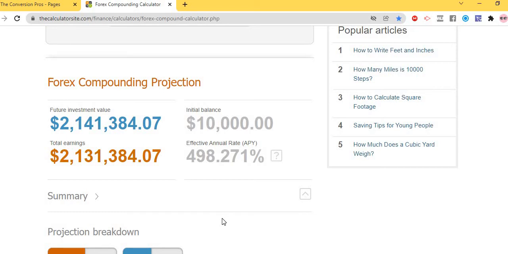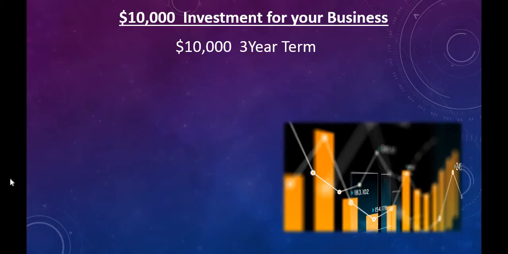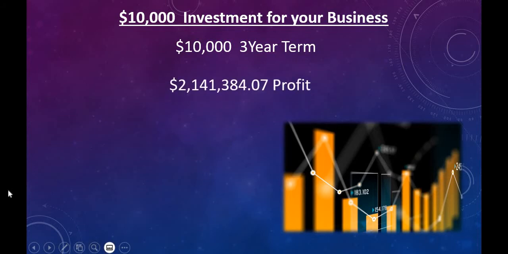You're straight for life. We're going to show you how to get to this level with the $5,000 investment. We can even show you how to do it with the $1,000 investment too. But the $5,000 investment is going to be awesome. So let's look at that real quick. I mean, this is incredible. This is so incredible, ladies. I hope you're happy and excited because we got a $2 million profit.